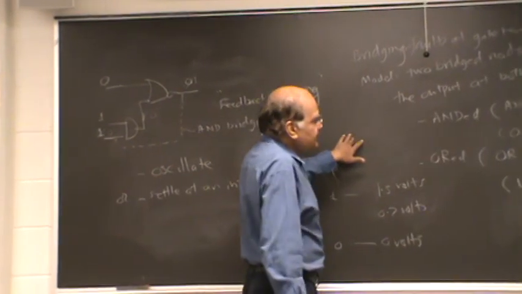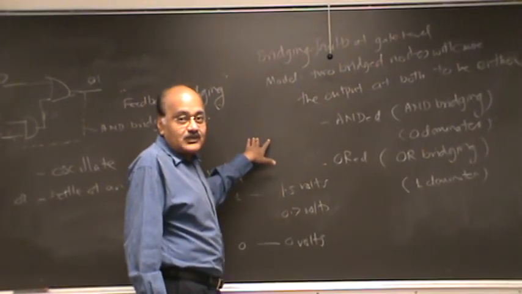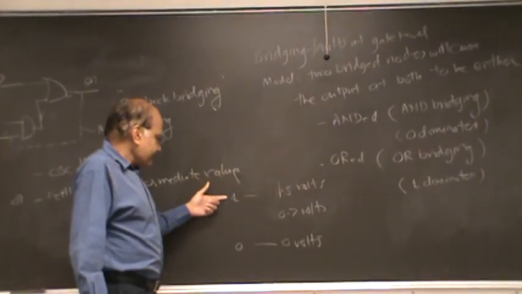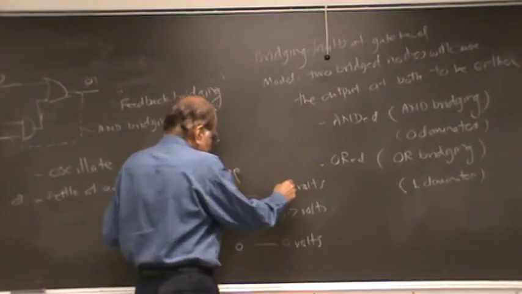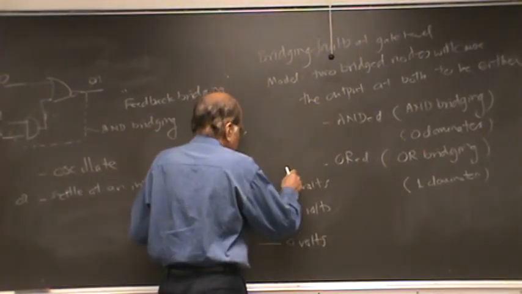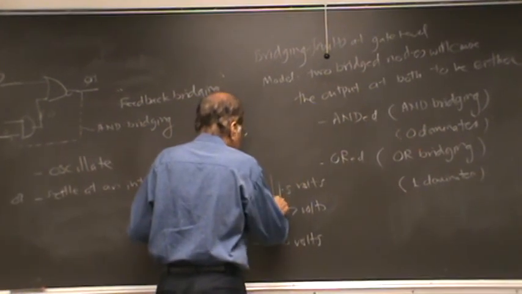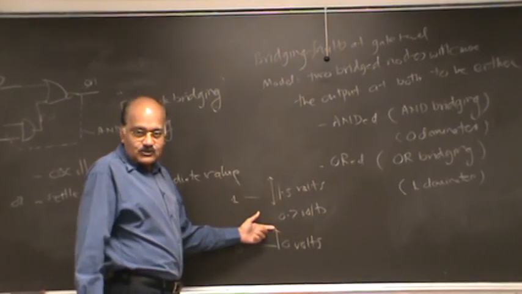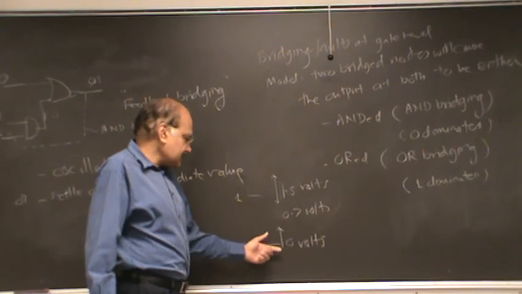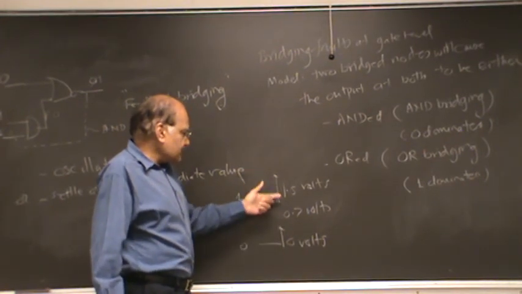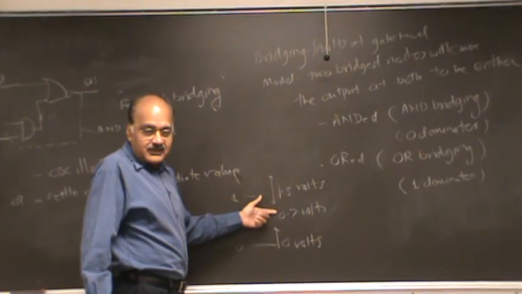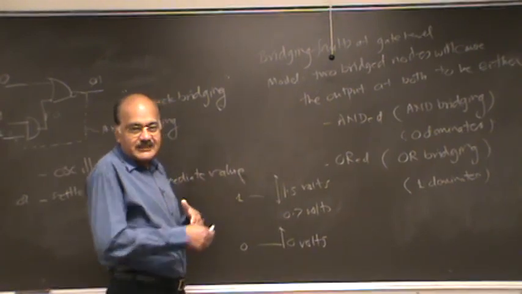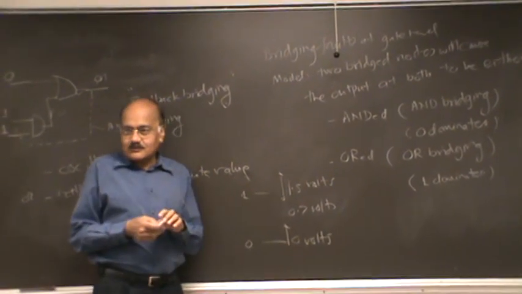Generally gates are designed to react to inputs. So there is some noise margin around 1.5 volts, and there is some noise margin here. From 0 to some voltage level, it will be recognized as a 0. Some voltage range here will be recognized as 1, but there is some voltage range in between which would be unclear. So basically whatever gate, whatever input it goes